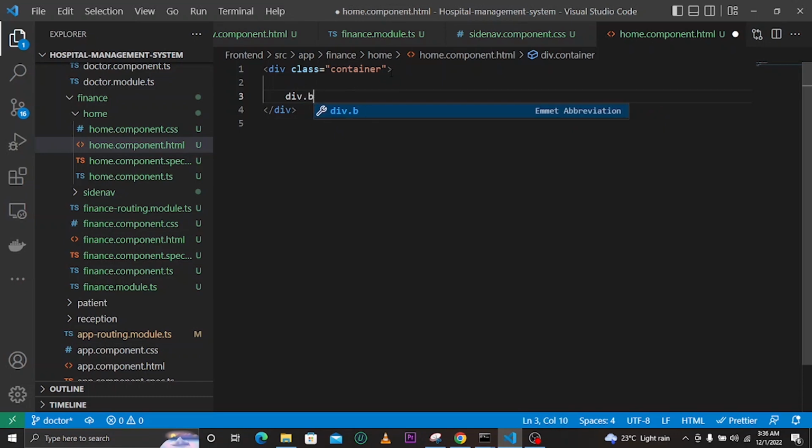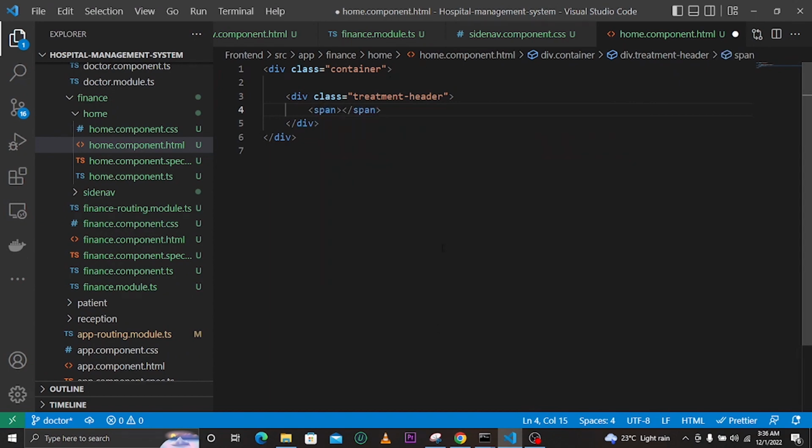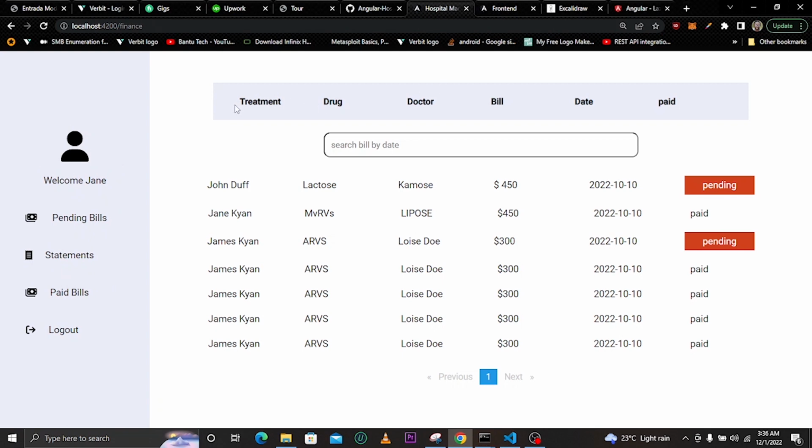We need to have this container actually. So add that, and inside here now we can have this div. We can call this patient or bills, or let's call it treatment